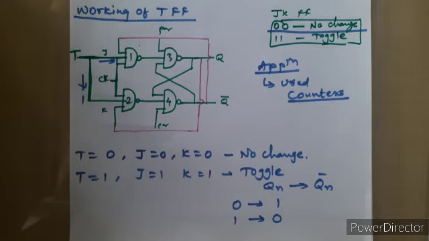In the next lecture we'll see what we mean by the excitation table. Now we have something called the truth table; right from the second chapter we have been seeing truth tables, which are the expected outputs for some input combinations. Now we have the excitation table. A 2 marks or a 4 marks question can be asked: write down the excitation table of the T flip-flop, D flip-flop, SR flip-flop. So in the next lecture we'll come up with the concepts of the excitation table.